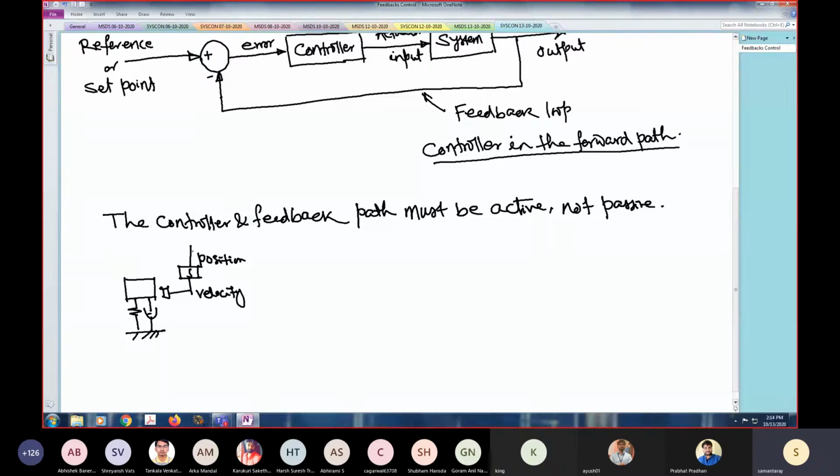Then this position, I am comparing with a reference position or set point. Then whatever error comes, I multiply with a gain, some gain, let's say alpha,